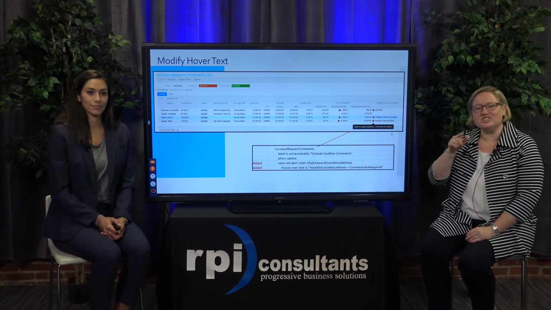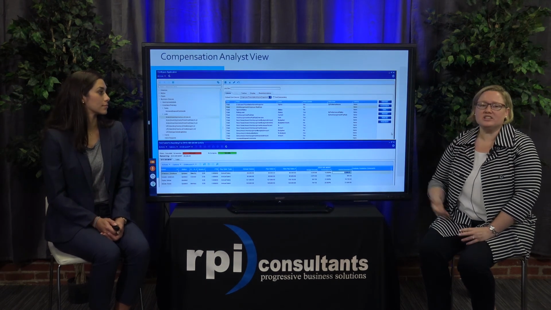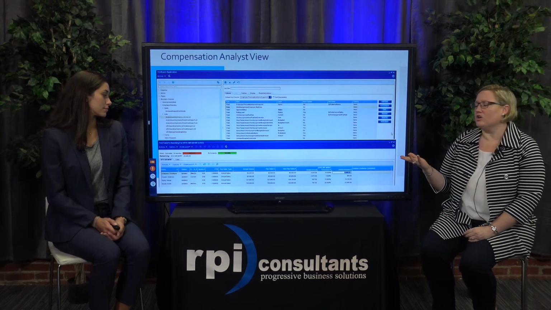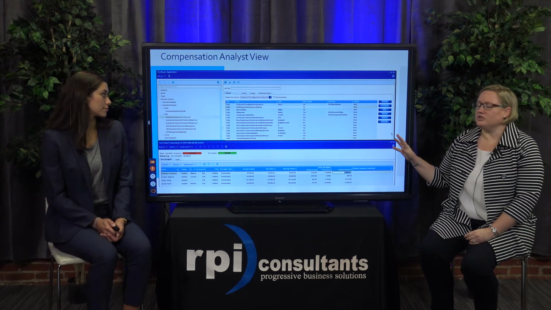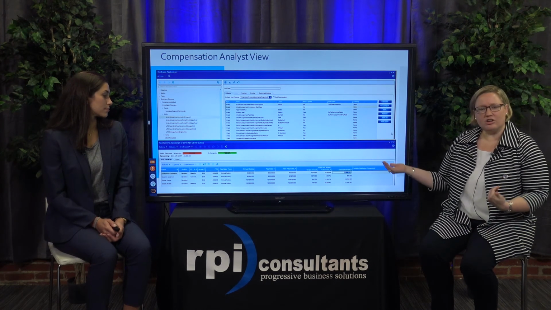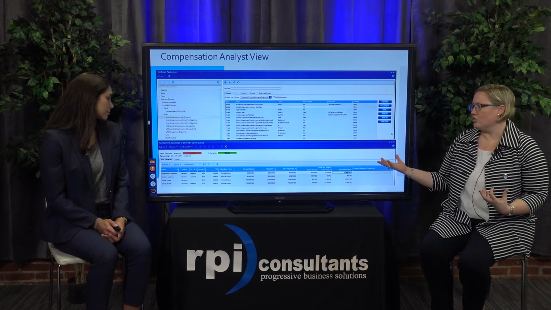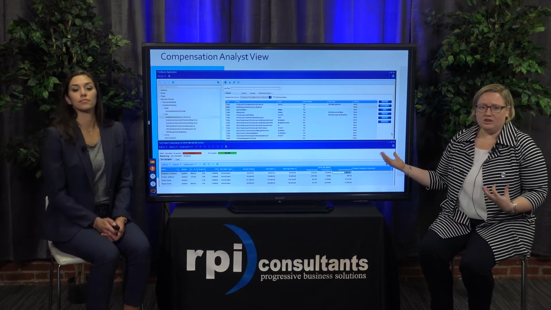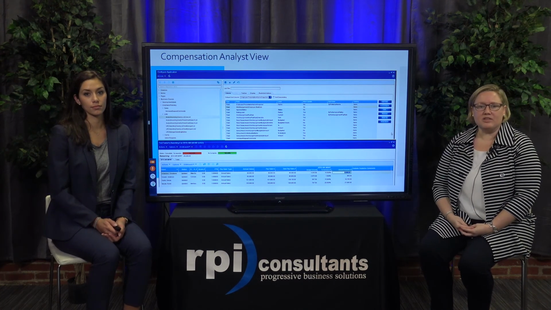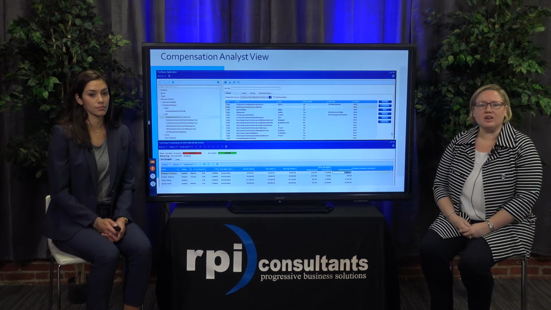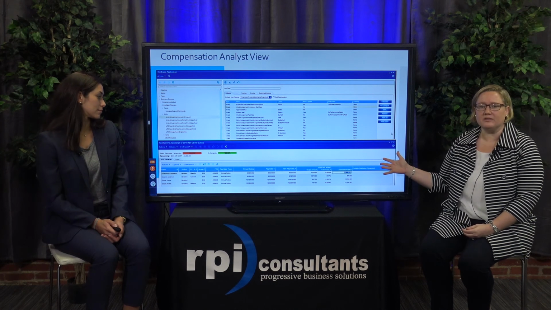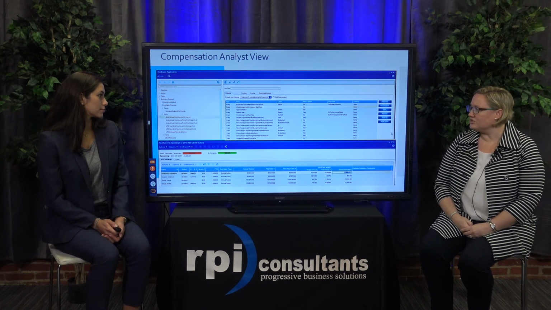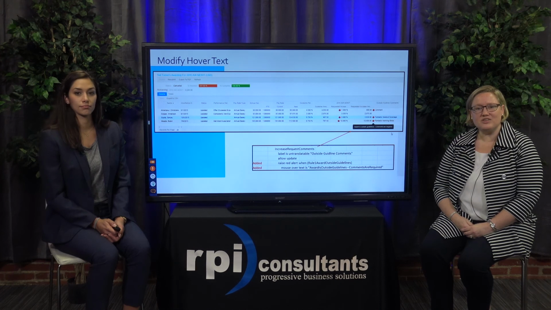If you could go back to just the screen before. Oh, the comp analyst view, you can similarly, as we mentioned before, configure that to exactly mimic what the manager is looking at. So depending on if the managers call your comp analyst directly, or you've got a service center group, and you want to make it as simple as possible for them to interact with the managers and understand what the manager's looking for, through Configuration Console, you can modify this on a global basis and push that out to your users. So there's a few ideas, a few tips and tricks, hopefully.